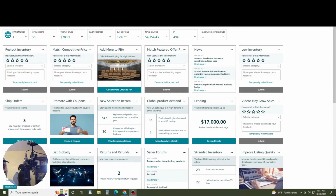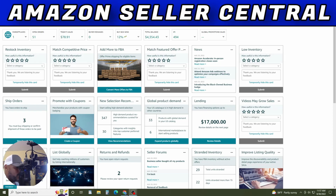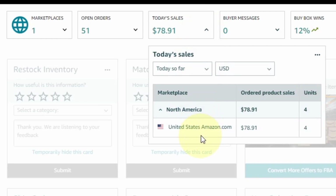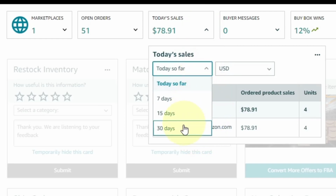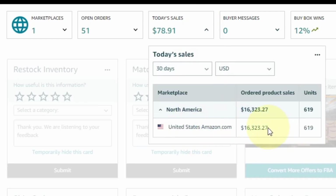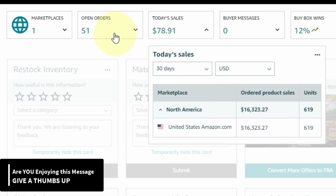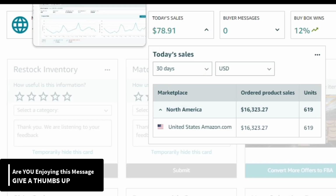So what we're going to do is we're going to take a look inside of my Amazon Seller Central account, and what you can see, just looking over my numbers here, just so you can see what I've done in revenue for the last 30 days. Now, what happened was this. Again, we want to take a look